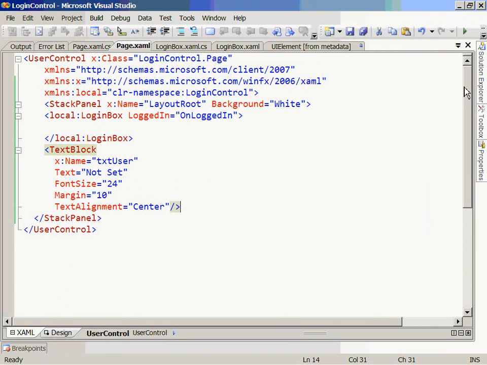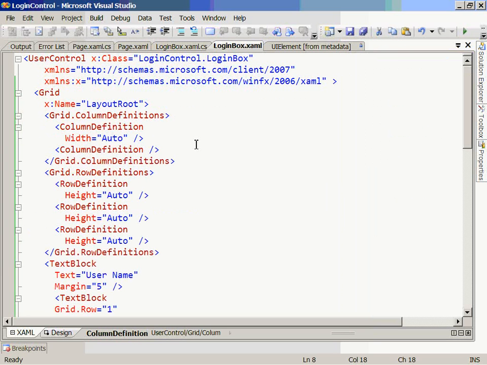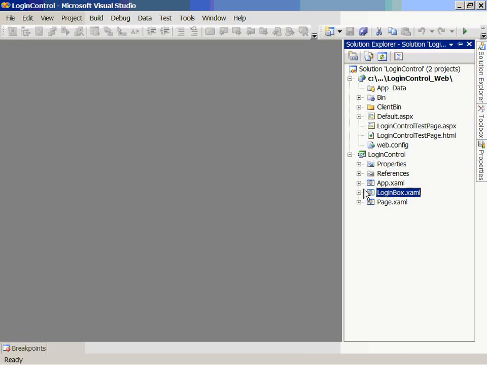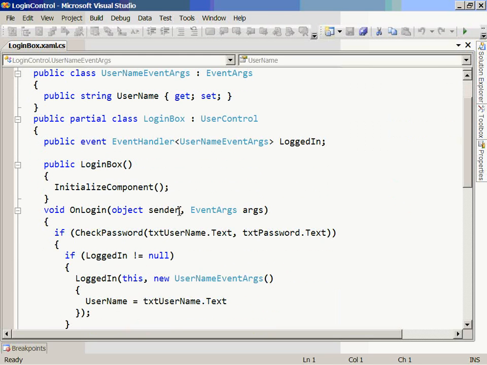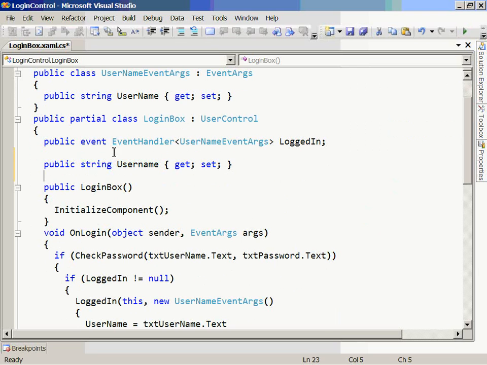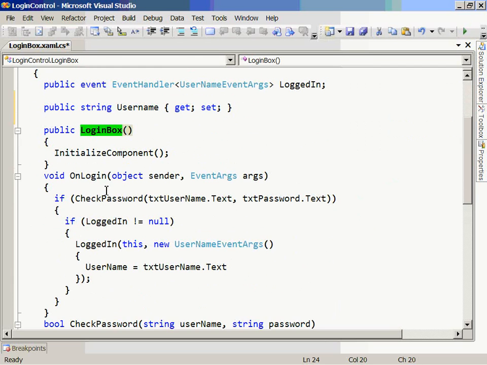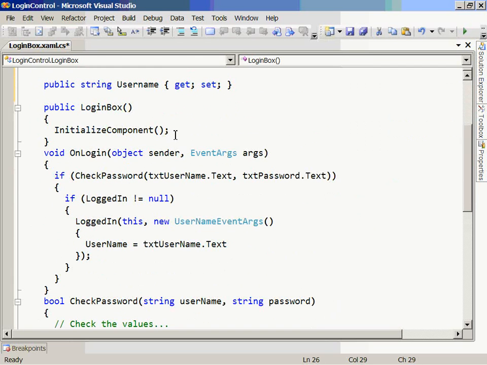So let's revisit our control over here and pop over to the control and the code that lives behind it. In fact, let me close some windows to make things a little bit easier. Let's go to our control and put a property on here. We'll just have a property string. We'll call this username. Probably doesn't make sense to set the password for the user because that kind of defeats the object really. So what we'll do is at the point where this thing is instantiated,